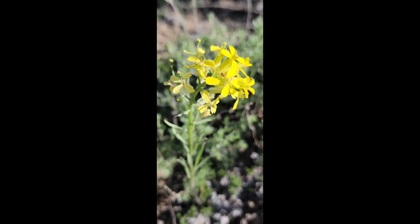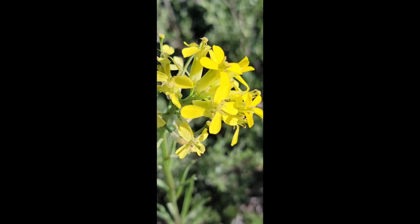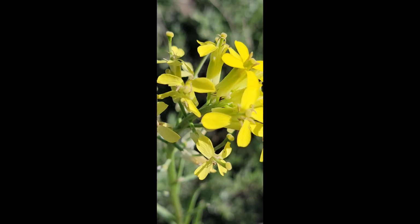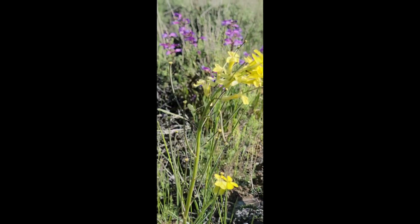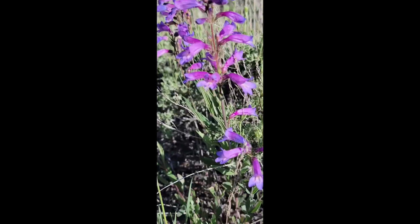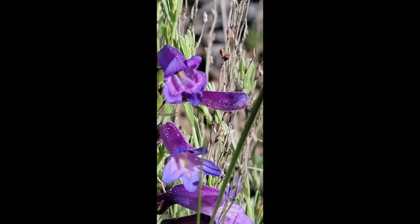There's an ant or something crawling around in here. Look at that. Beautiful. There he is. Here we got some more of those purple ones. Still got a ways to go,